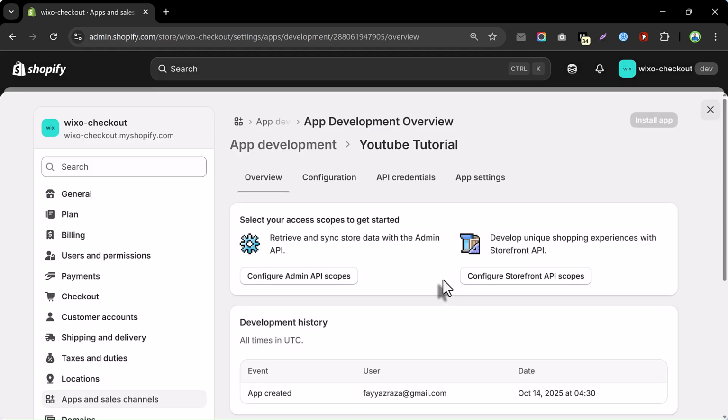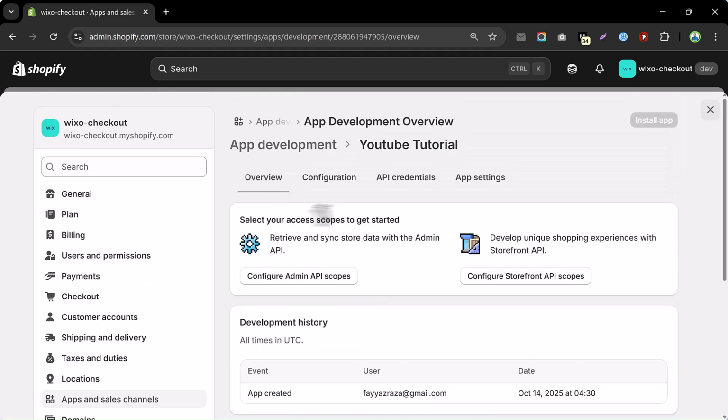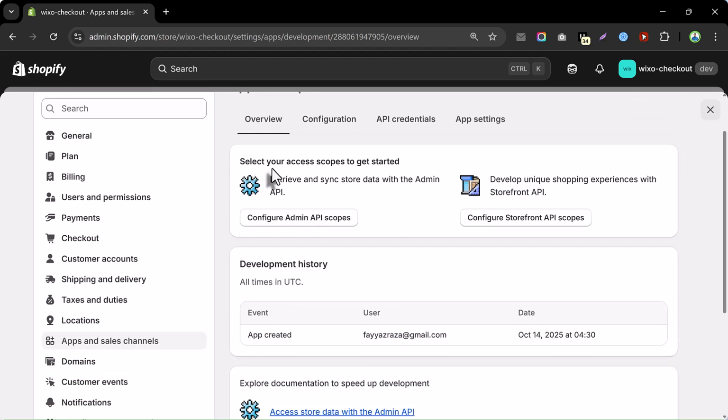And once the app is created, you will see 4 different tabs: overview, configuration, API credentials, and app setting. So we will go there one by one. In the overview, you can see select your access scope to get started and configure the admin API scope and configure the storefront API scope. So right now we are only using admin API, so we will use this admin API scope,